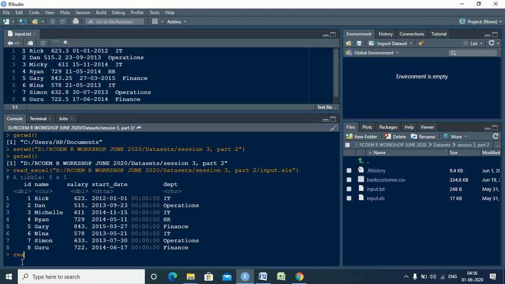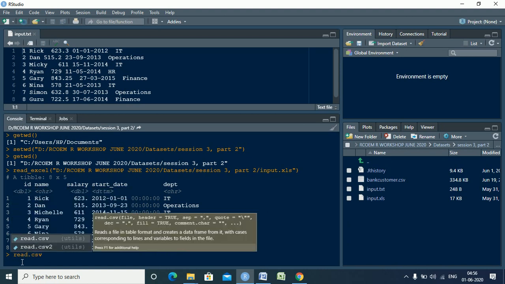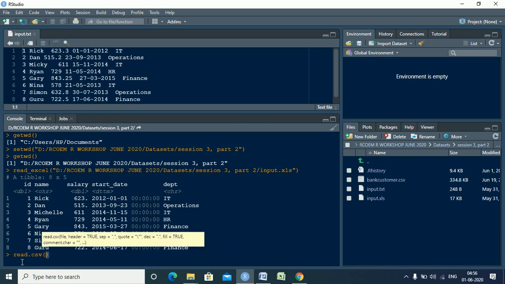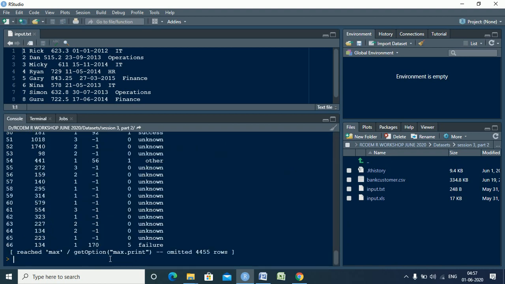So I can directly say read.csv, for a CSV file, and I want to read bank customer.csv, which should be in double quotes, right? So my file is also being read, because I have already set that to be my working directory, I need not mention the path every time.